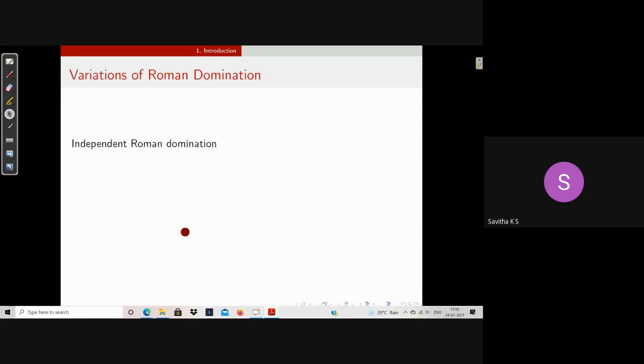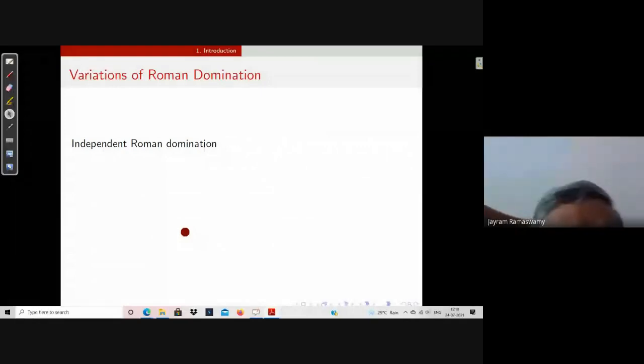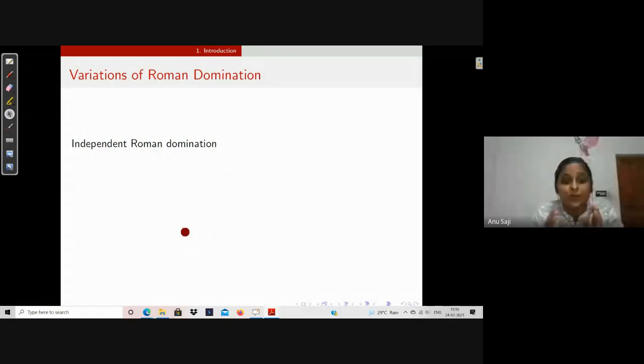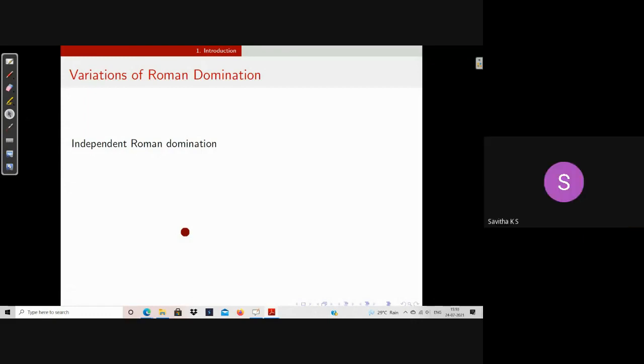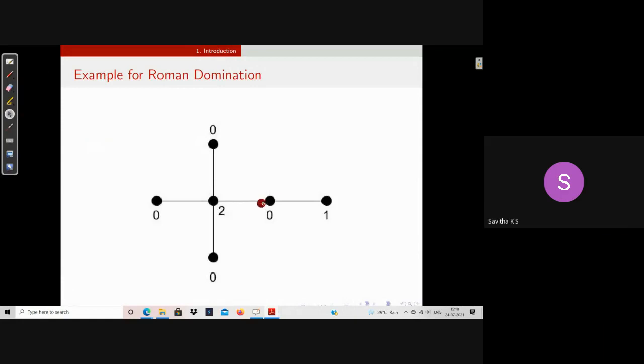Does there any significance for these numbers 0, 1, and 2? Yes, 0 corresponds to a region where there is no army unit. 1 corresponds to a region where there is 1 army unit, and 2 corresponds to a region where there are 2 army units. So, if there is any attack,